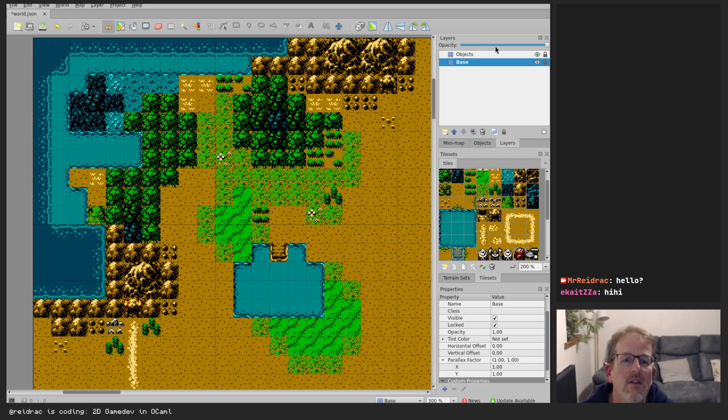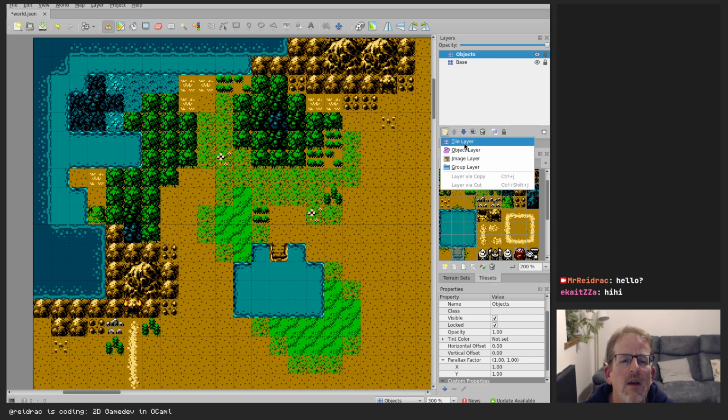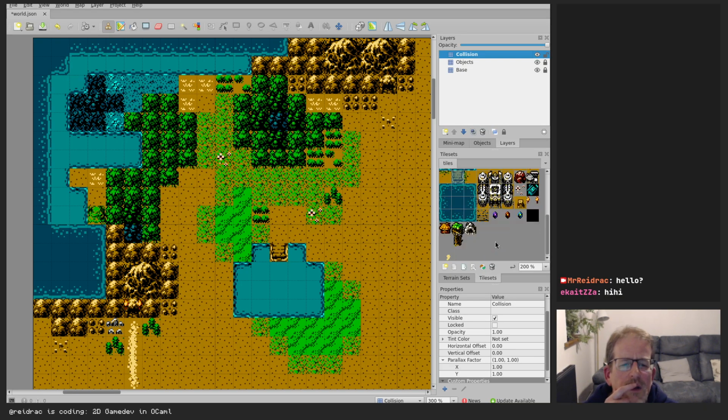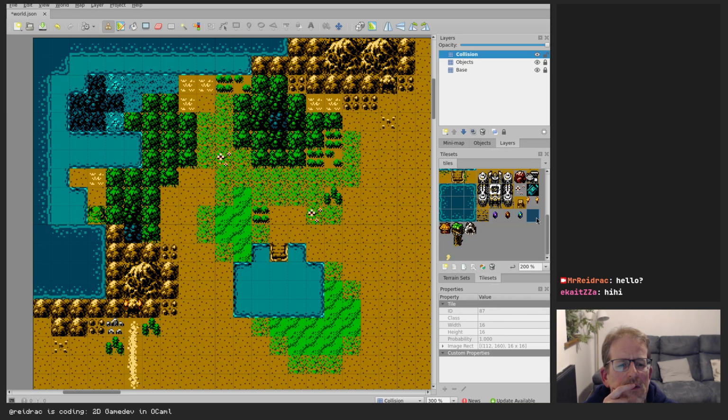So base, objects, and then we can do one more tile layer for collision, right? So can we use something here for collision? It doesn't matter what tile we use. We could be using this one, right? So the only thing we need to do is in this tile,